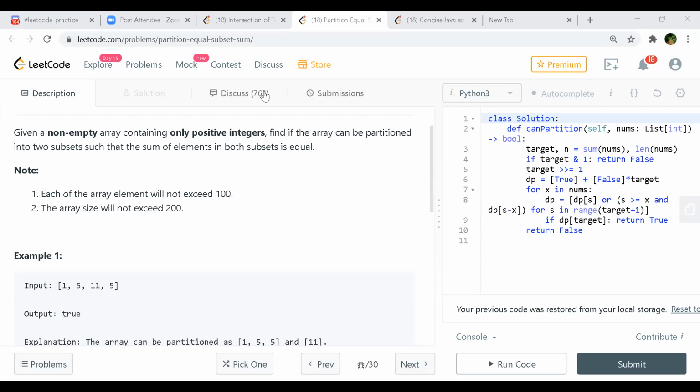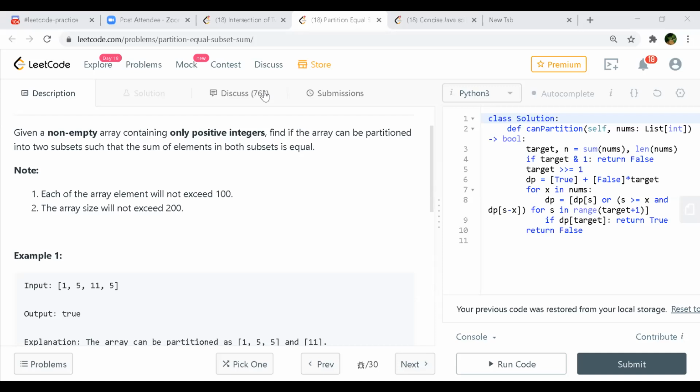Yeah, you will have to find a subsequence, correct? I'm thinking that this has only positive numbers. So if I don't find a particular sum, I don't have to go for the left side, right? Because it contains only positive numbers. Let's say I'm looking for a sum of 25. If I'm not able to find a subsequence with sum 25, then I won't have a subsequence with a sum lesser than 25, because it has only positive numbers. I'm thinking somewhat along those lines. Yeah, that is also right.